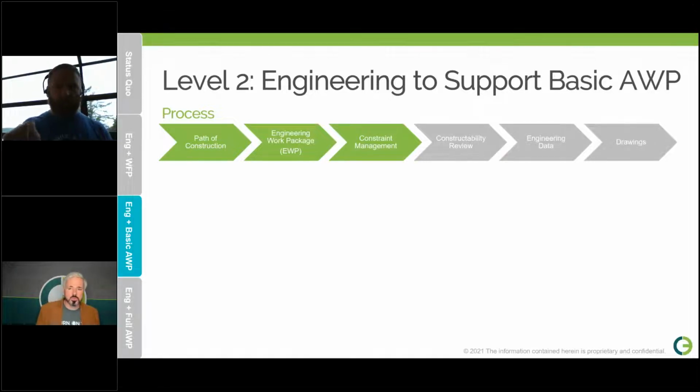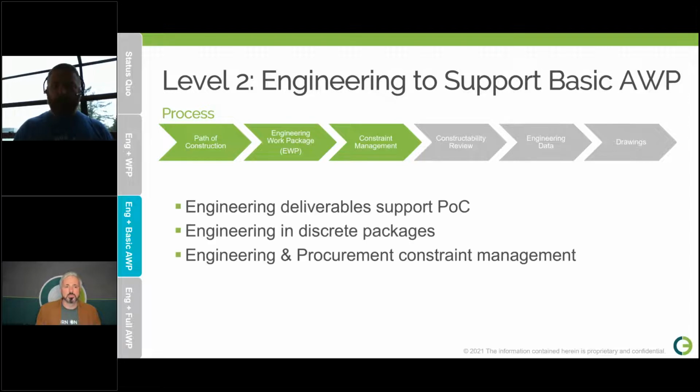And the important first part here is the first chevron that you see is not engineering planning. Now, all of a sudden, we're talking about the first chevron that we see is path of construction. So we flip that mindset so that engineering deliverables are sequenced to support the path of construction. We're allowing for that efficient site execution by making sure that engineering executes in a way, or at least understands the way that construction is going to be working,